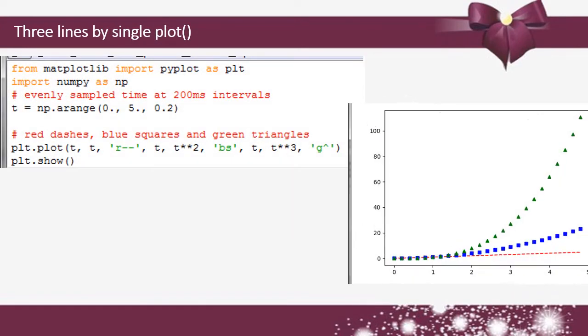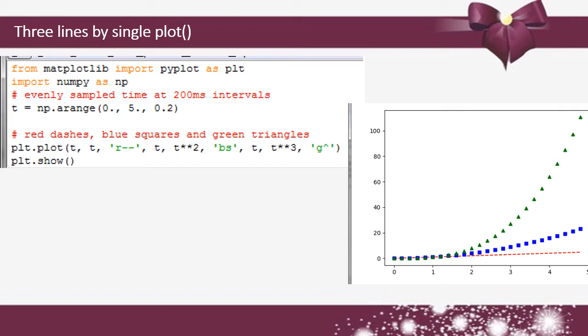And also, in a graph, three lines can be drawn. So in the range function, t equals np.arange(0, 5), which means values 0 to 4 will be generated, right? And 0.2 is the step value. So the line is drawn, with x-axis and y-axis the same, and the t value is given.